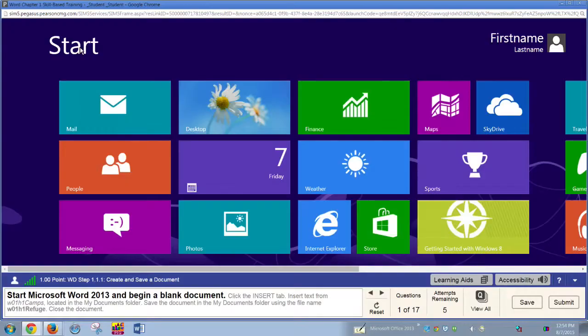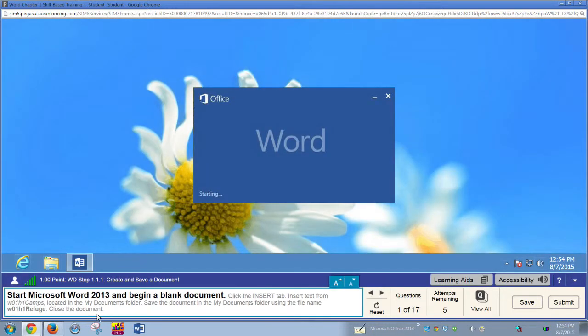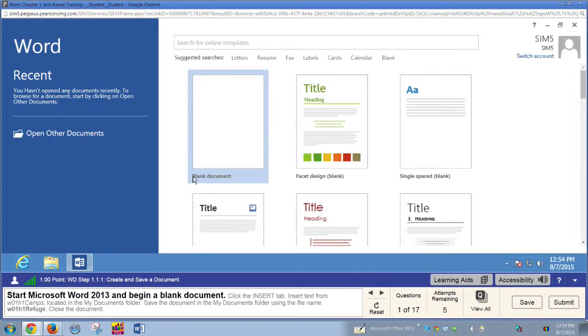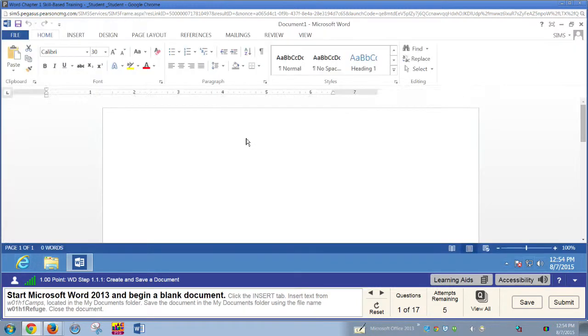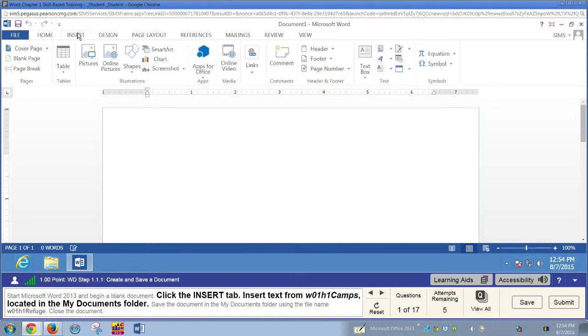Okay, so let me switch back here. So in this case, to complete this item, they want me to start Word. So that's the first thing it wants me to do. I want to insert, so let's go ahead and do a blank document, and then I'll do an insert, and it'll want me to do a file, so it says insert the text. So where I'm going to go here, I'm going to go insert, and I'm going to say,